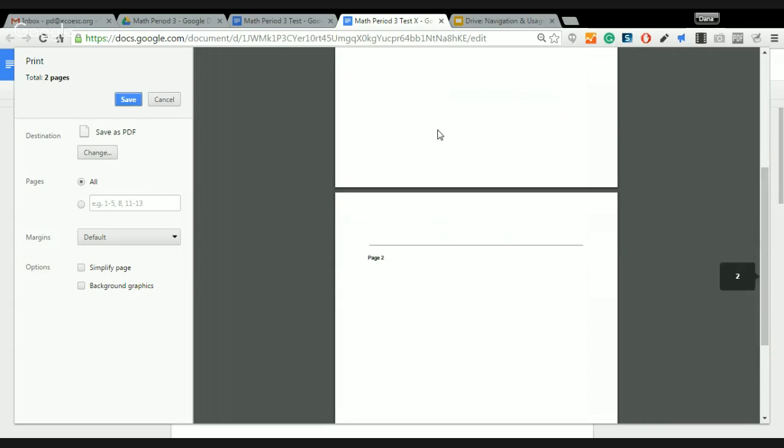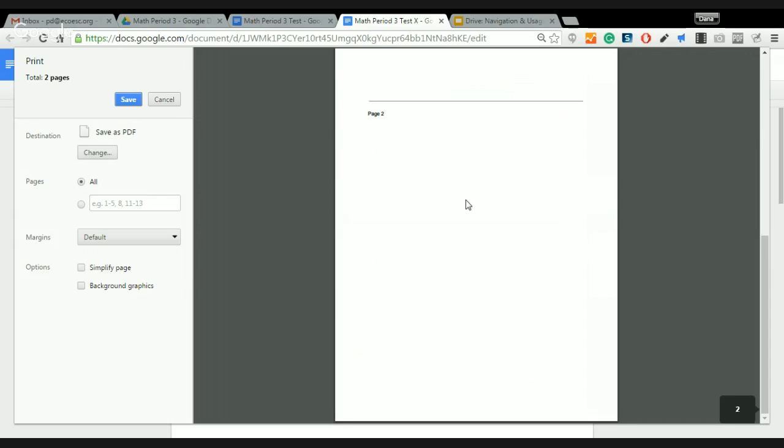Maybe you have a couple different pages here, but you only want page 2 to be saved as a PDF. Maybe this is something that you want to upload to your school website, or it's a flyer you want to create, but you need somebody to print it, or maybe there's just a reason that you need only 1 page of this document to be a PDF. You can select